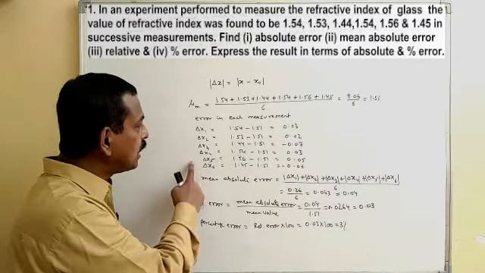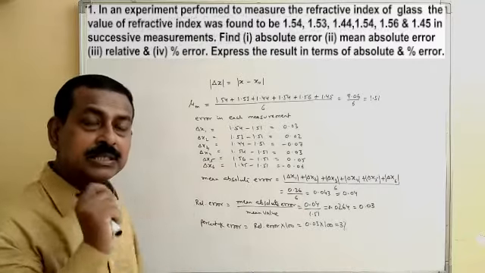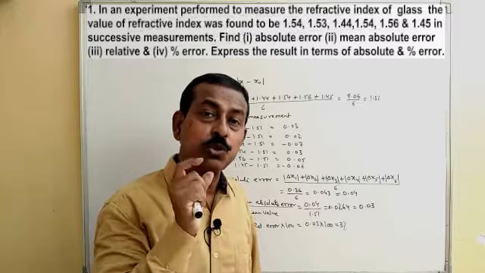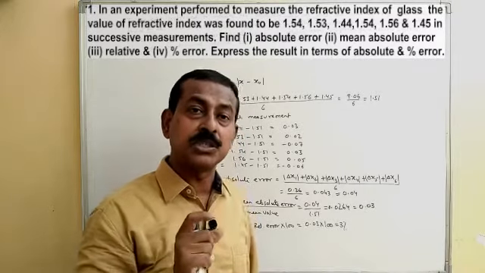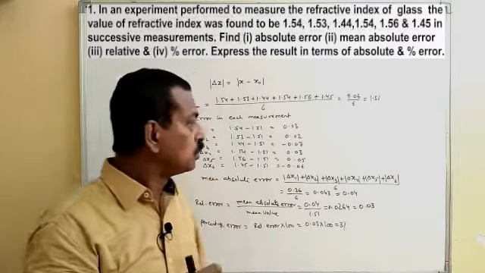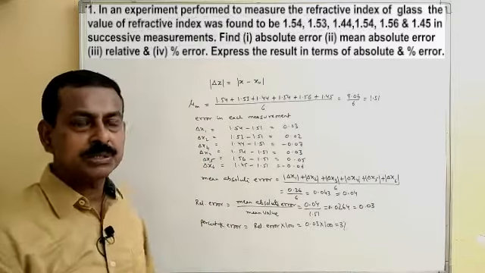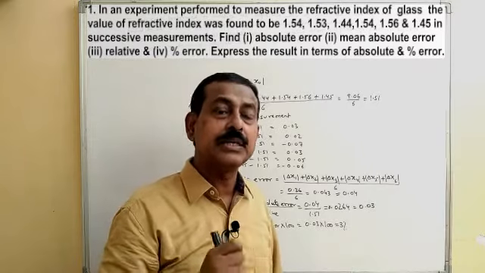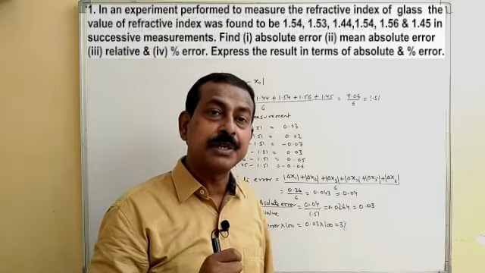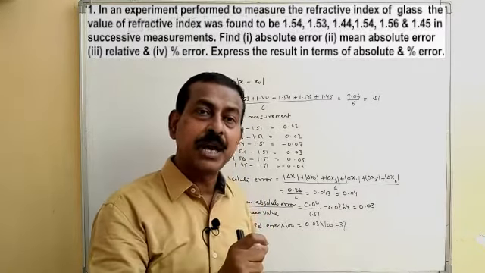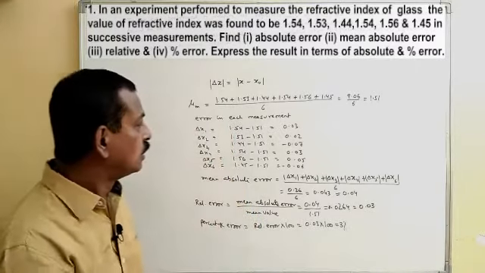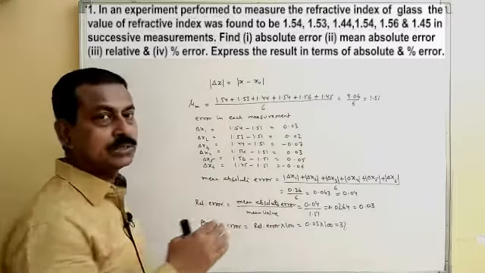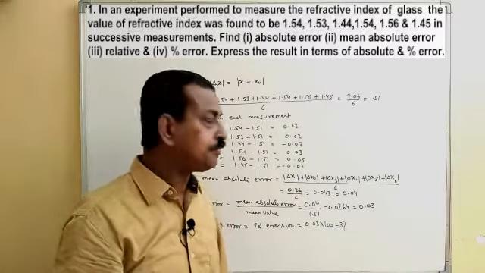Remember that these are errors in each measurement. They are not absolute errors. Absolute error is always with positive sign. But errors we can express with plus or minus sign as it is just the difference. Absolute error is the magnitude of difference between the measured value and true value. So if you have to express absolute error, in that case all will be taken with positive sign.